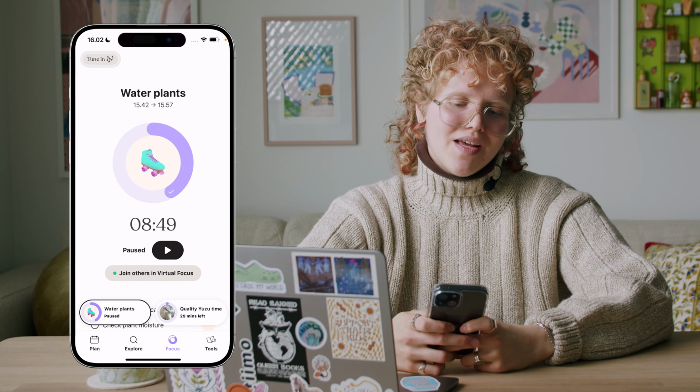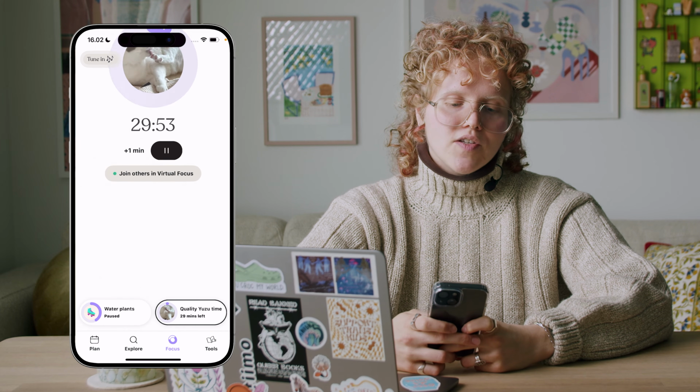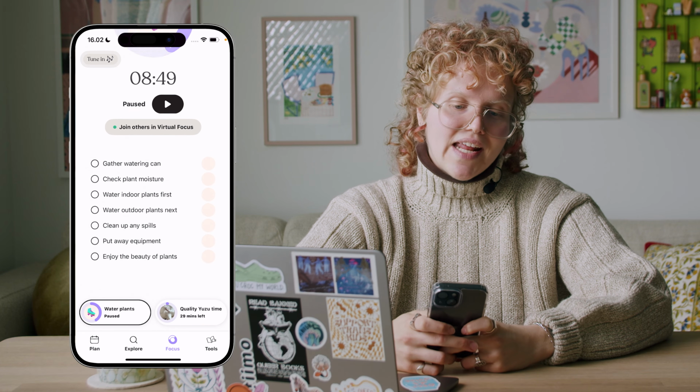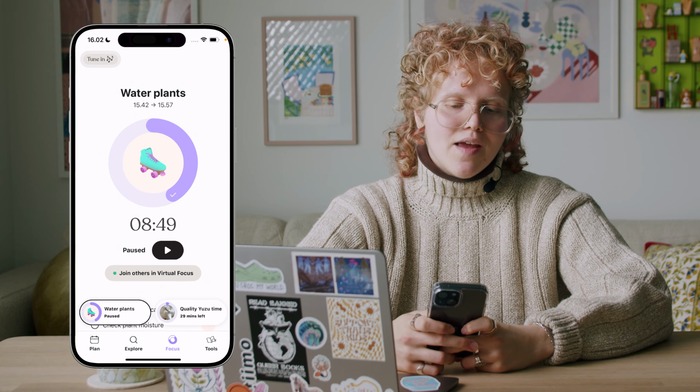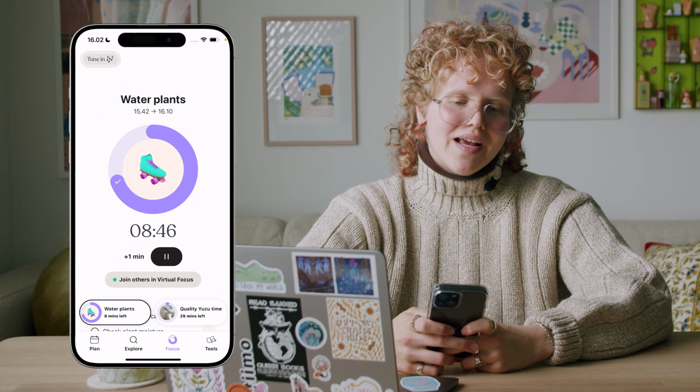under the Focus tab. Here you can see all the tasks that you have ongoing at the same time. You also see a checklist if you had a checklist on any items. You can add time, pause a task, and even listen to music with other Tiimo users by clicking the option